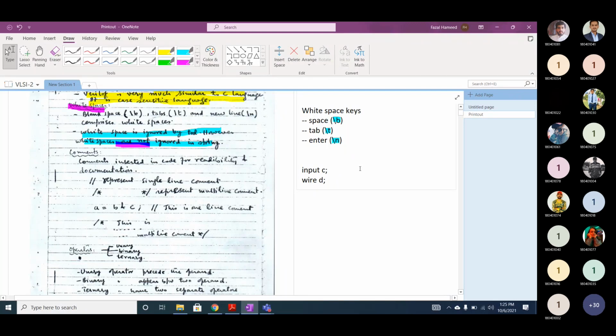This is one example. And if I write it like this, input C wire D, this is another example. Will they be treated the same by the synthesizer or differently?